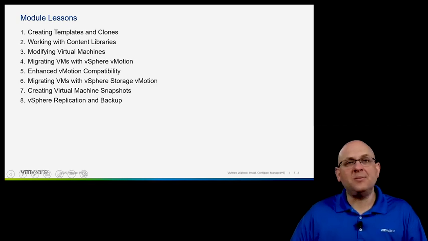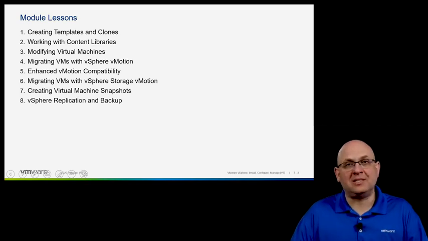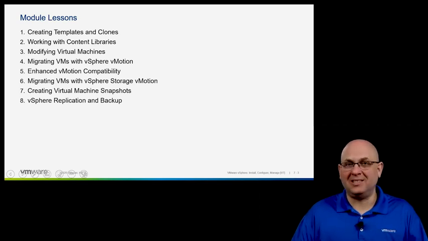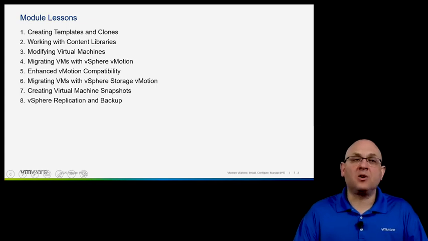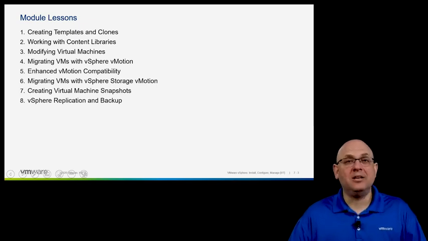Okay? In lesson number 7, we're going to be looking at virtual machine snapshots. Now, there are a lot of misconceptions about virtual machine snapshots, so we're going to clear some of those up and give you all of the right ways to work with our virtual machines here when it comes to the snapshots. What are the good use cases for snapshots,